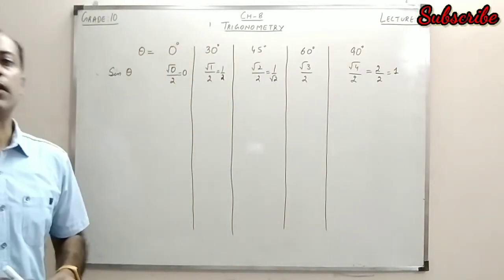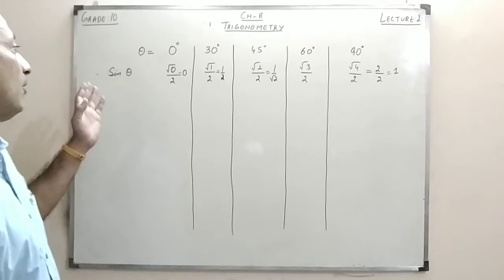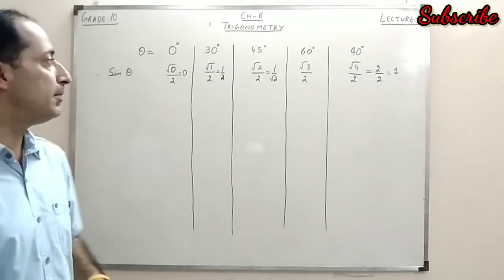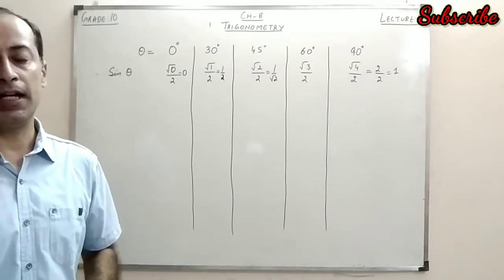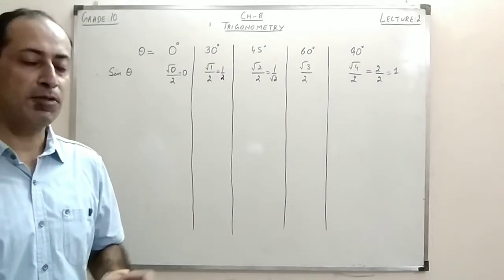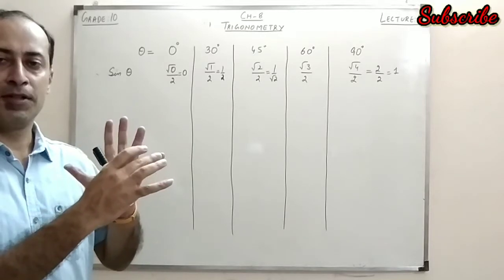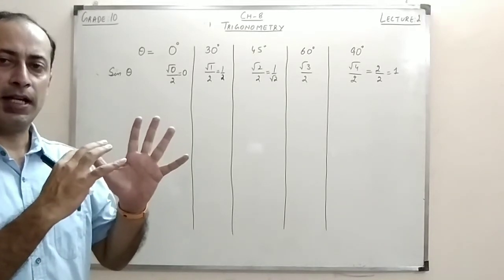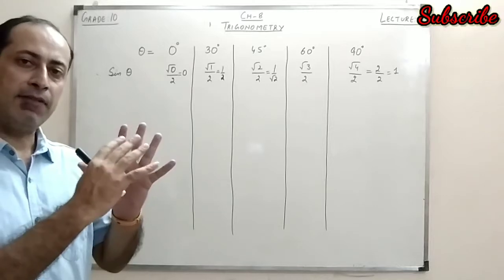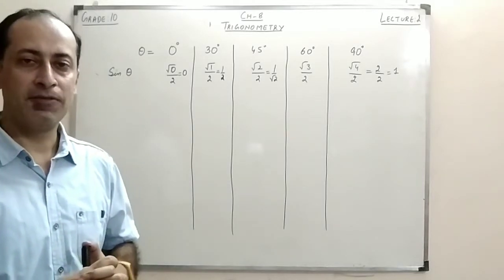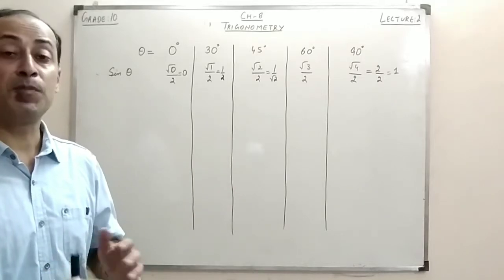So this is the way you can find the value for the ratio sine for these 5 specific angles, namely 0, 30, 45, 60 and 90. You need to remember only the counting 0, 1, 2, 3, 4. Just take the square root of all these numbers and divide by 2. And what you will get? You will get the value of sine for the different angles. Now come to the next one.